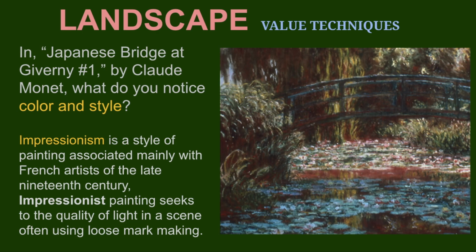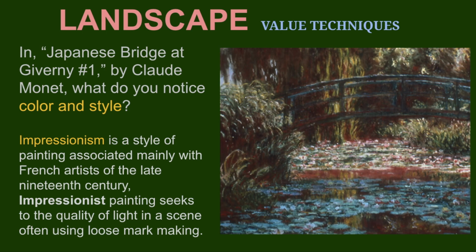So in the water, you can see it smudged more so that in that scumbled area where the lily pads are and where the trees and other foliage are, it's creating a contrast from the bridge and the smoother parts of the water. Remember, Monet was considered one of the Impressionists, and again, they were more about the quality of